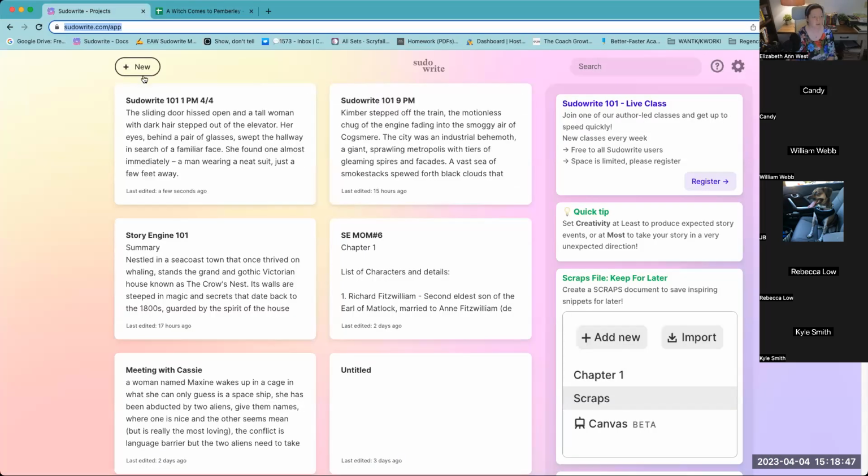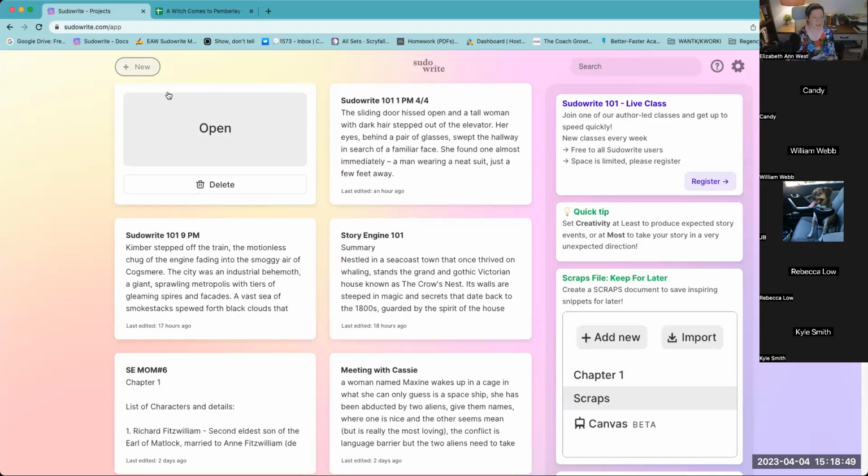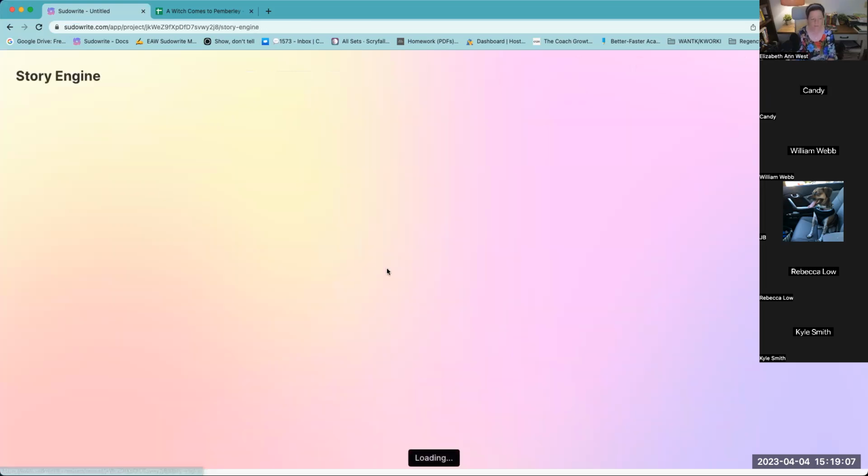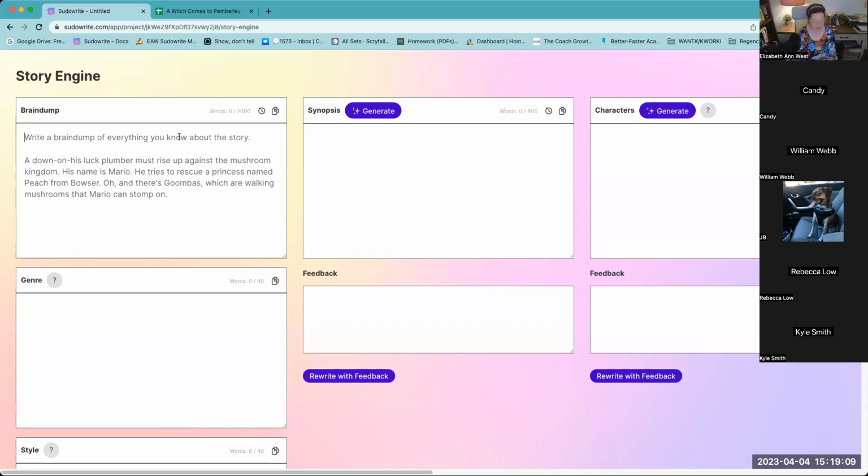I'm just going to come over into Sudowrite and do a new project. We'll call this Story Engine 101, which comes to Pemberley. And I'm going to go to Story Engine. Your Story Engine is available on the left-hand side here. Once I do that, I'm just going to throw everything into my, okay,